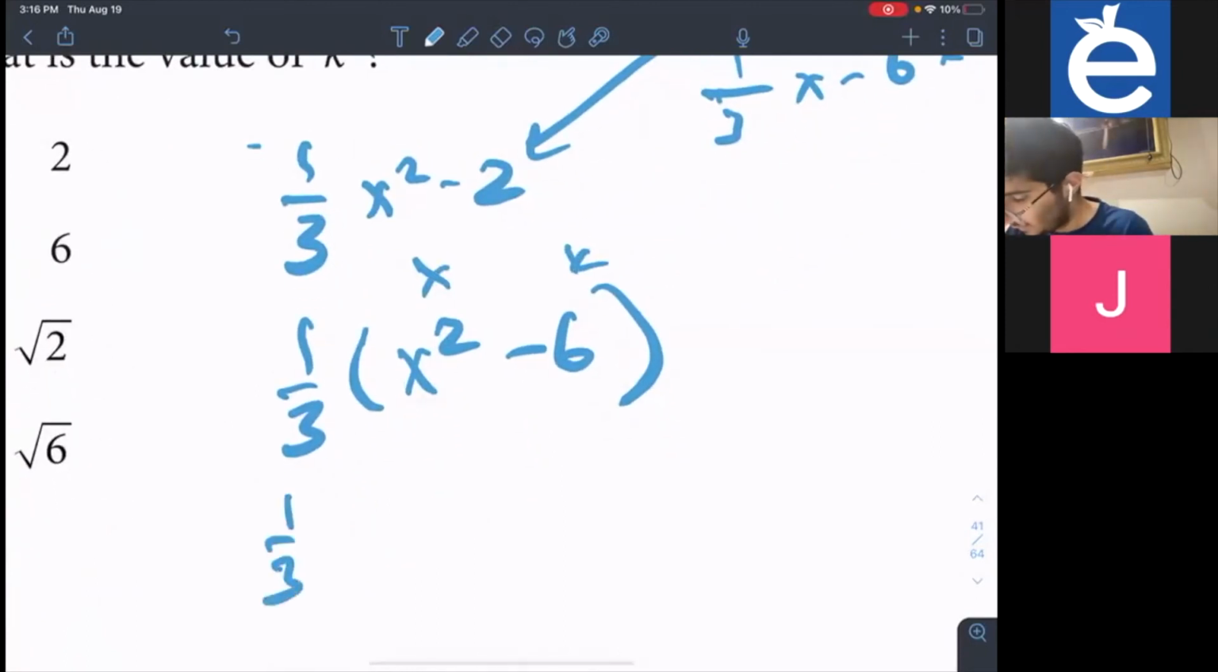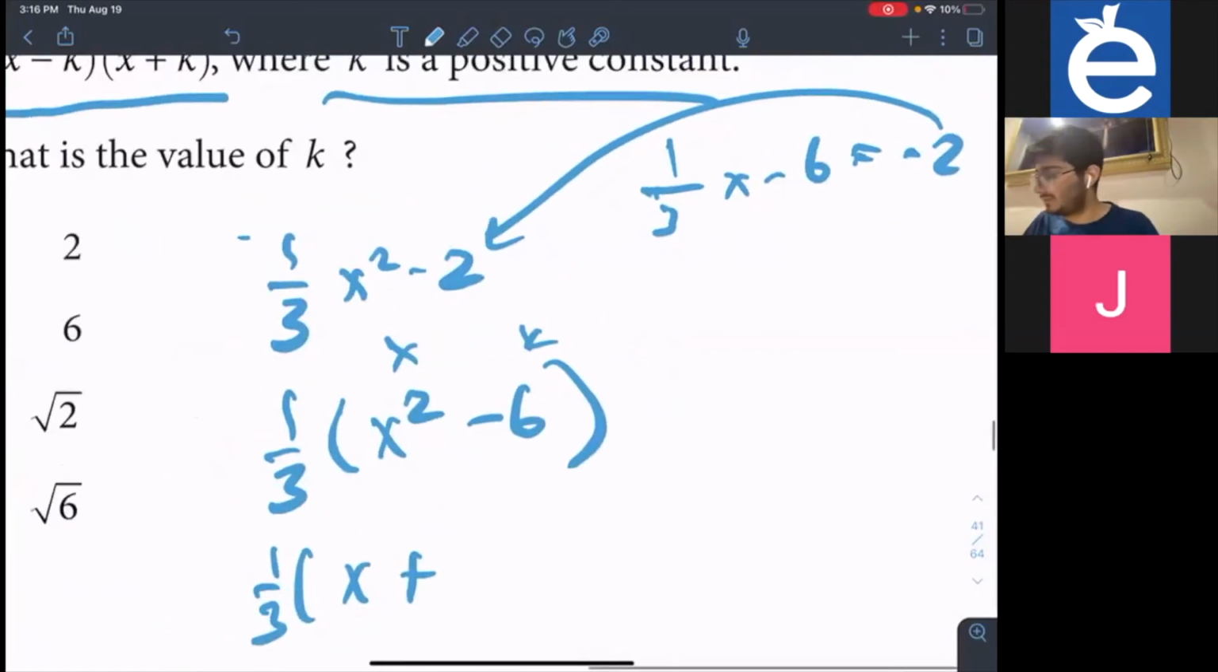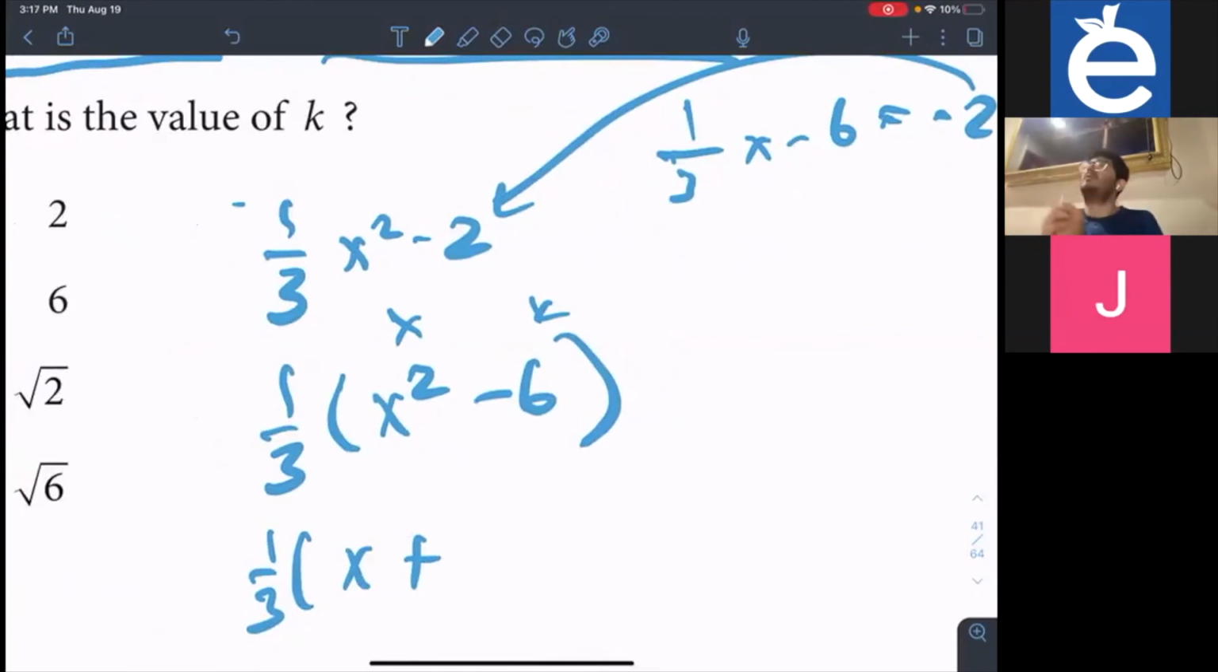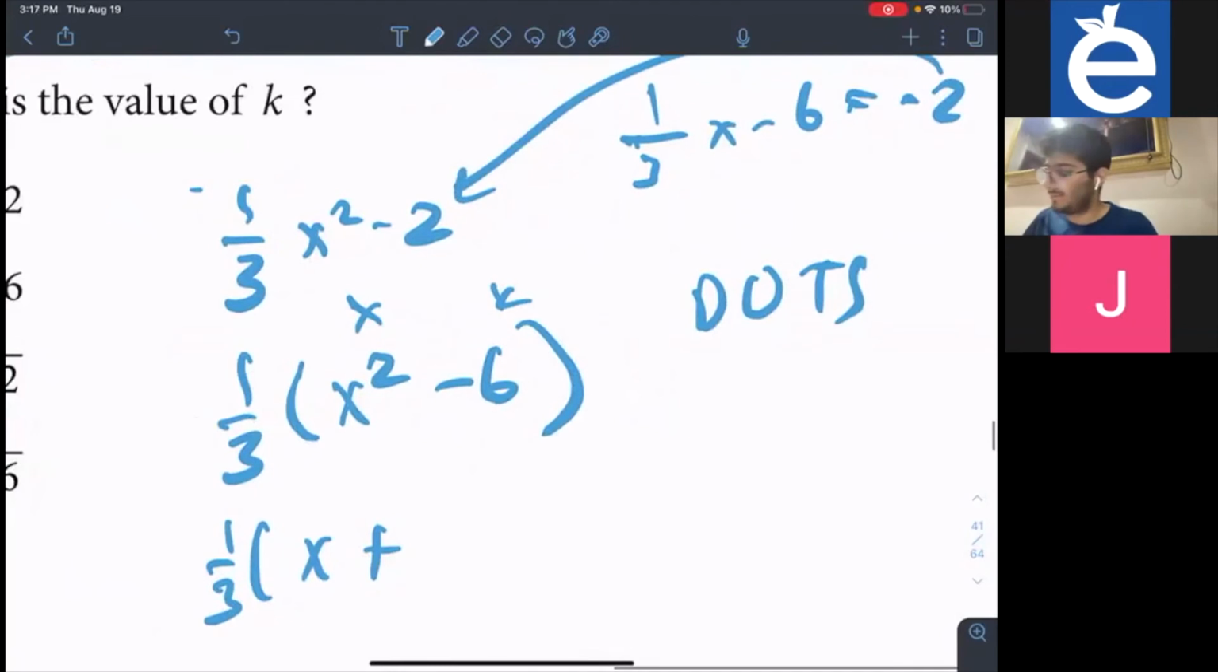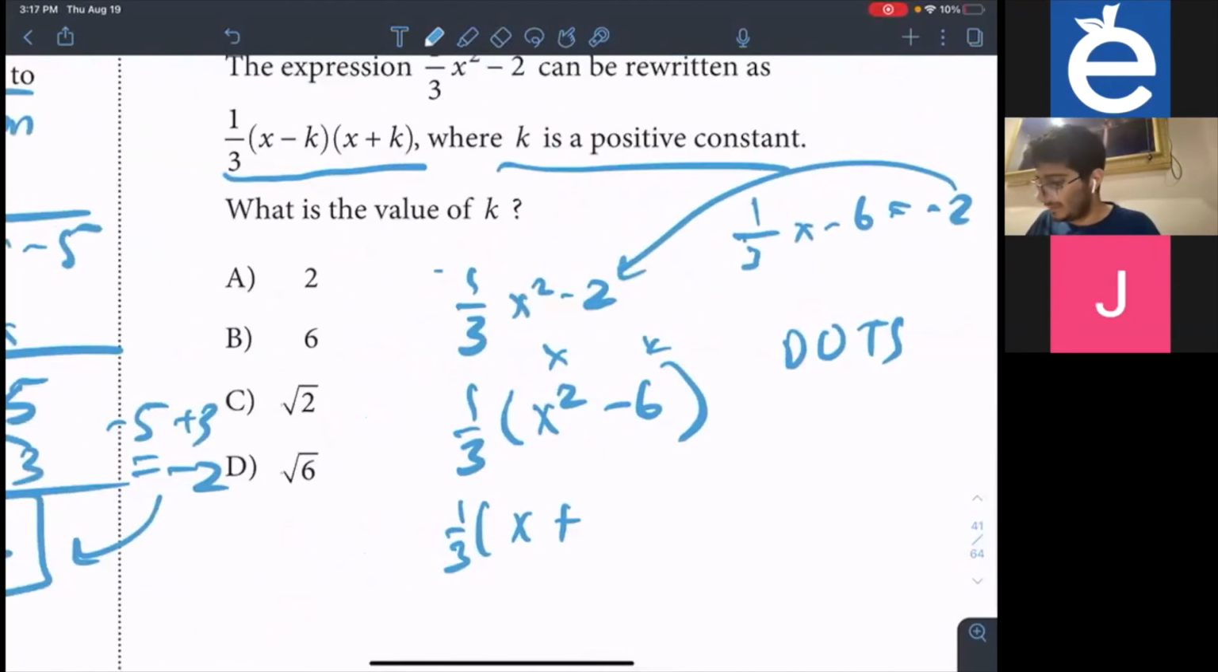This is the x, this is the x, and this is the k. So this would be 1/3 x plus. Since it has to be plus minus, it would have to be a radical, because then they have to multiply, because it's difference of two squares. Since it's not a perfect square, you can still get a square out of it. So it would be,